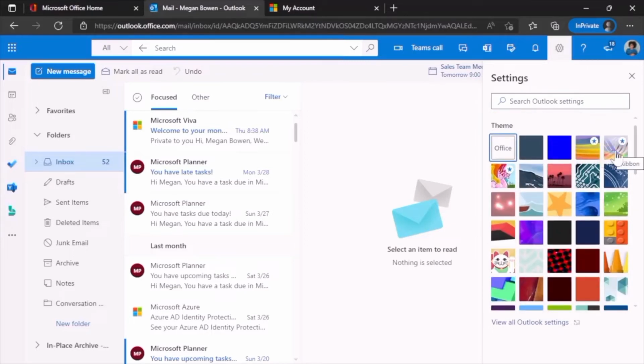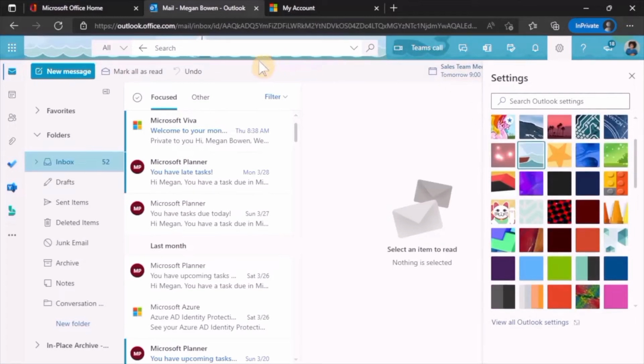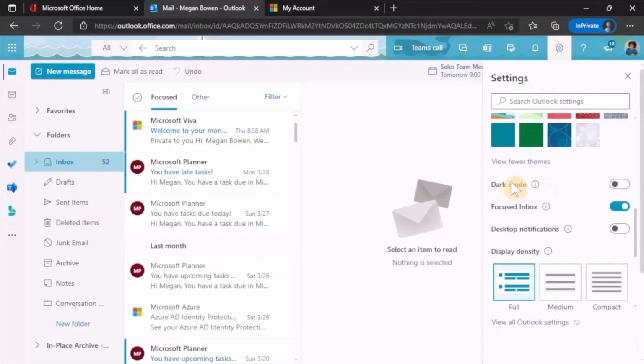Actually, as you can see in the theme section, there are a lot of things and designs you can use. For example, I'll be choosing this one. As you can see, it loads on my end. You see the waves as the changes. Below, we also have dark mode,